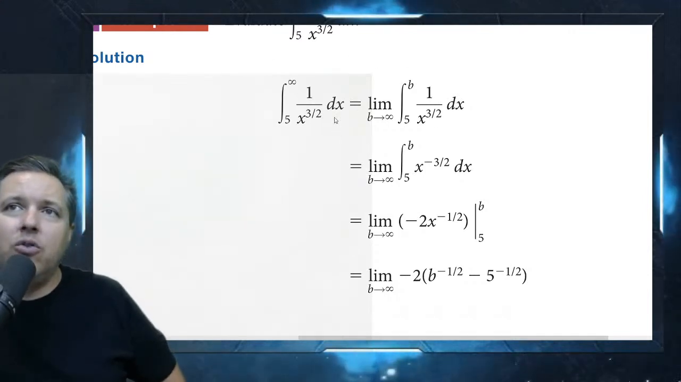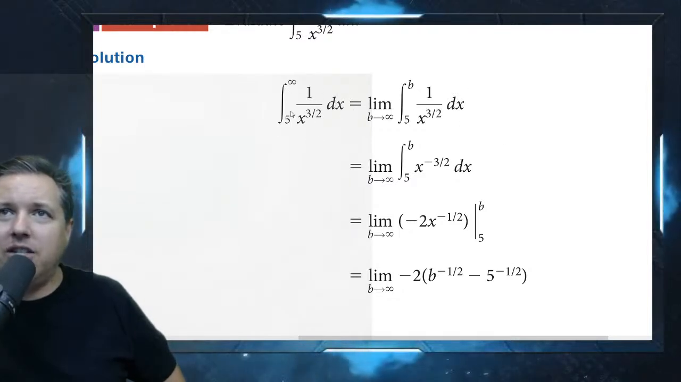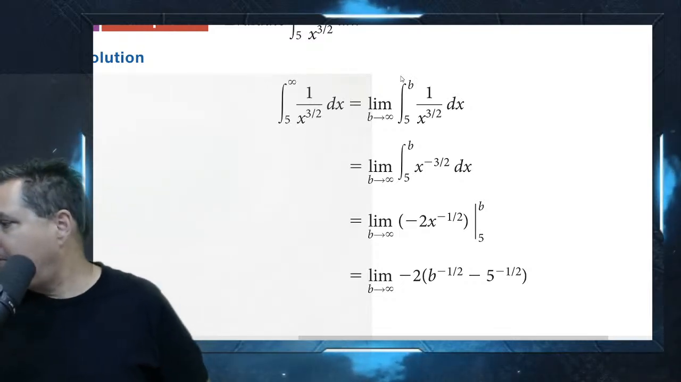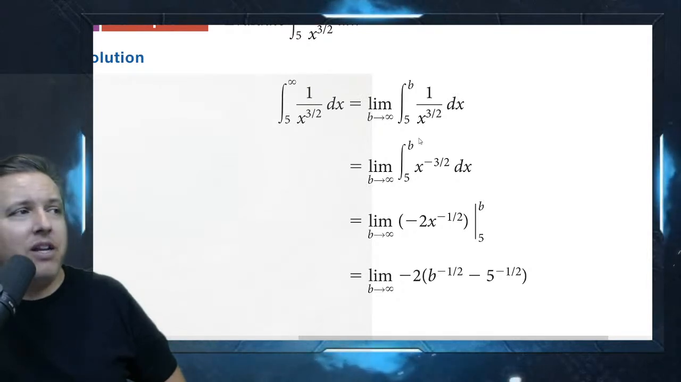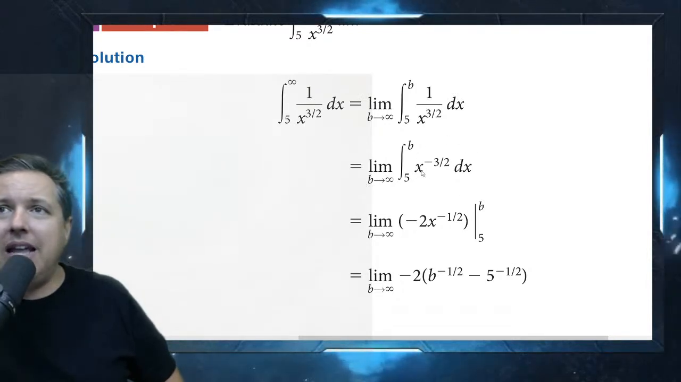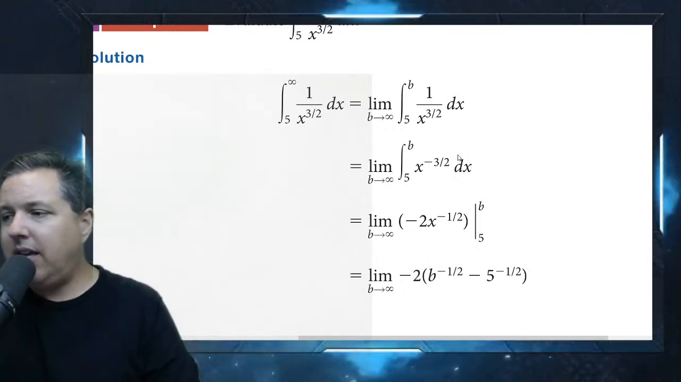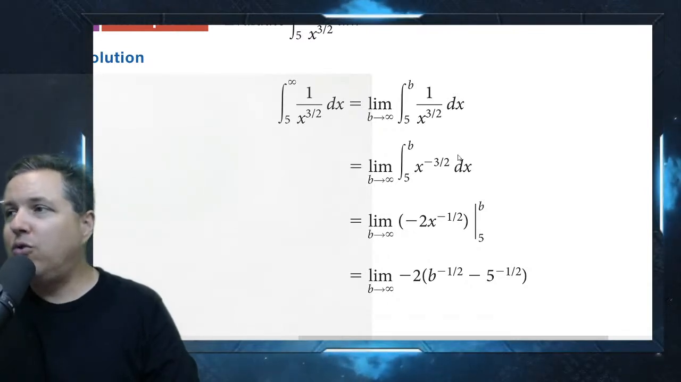Okay, so notice we haven't actually done any integration yet. We've just changed this integral into the limit as b goes to infinity of this other one, where our upper endpoint is now b. Now we're just rewriting it in a way that makes it easier to take integrals when you use